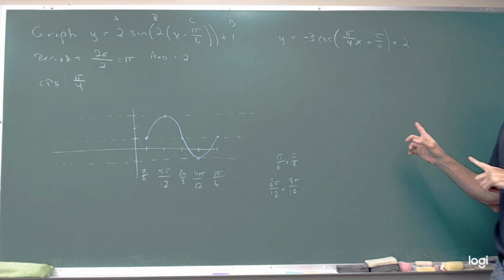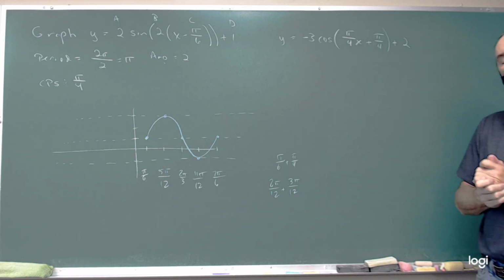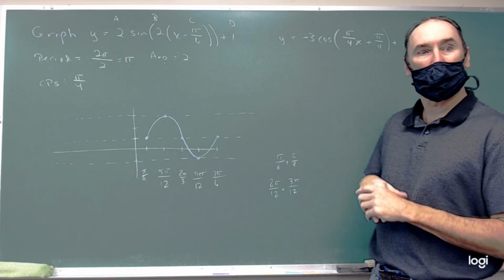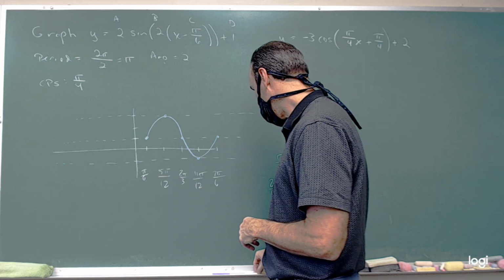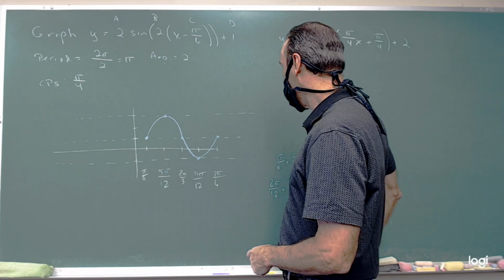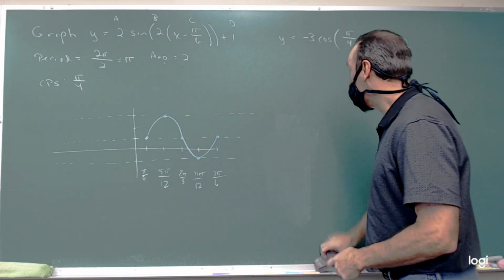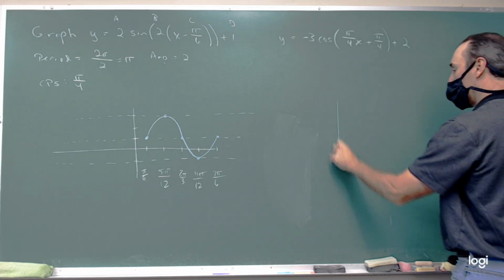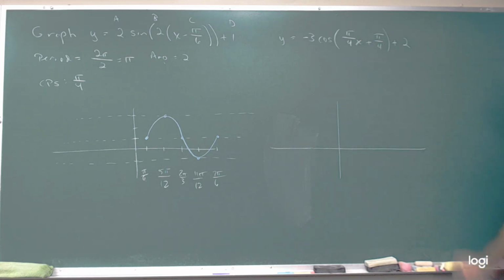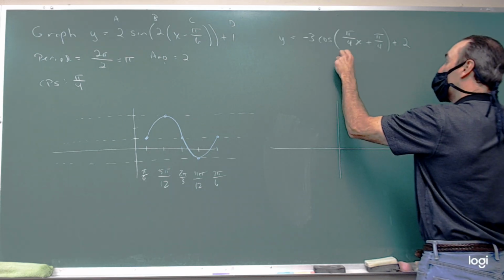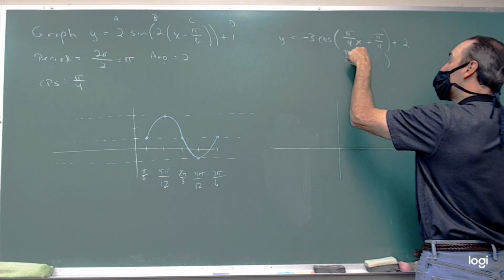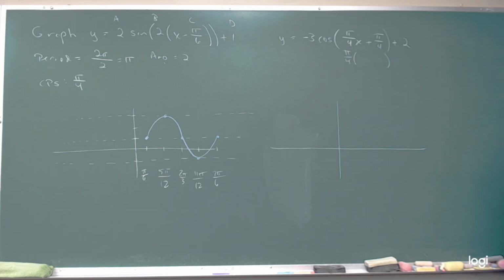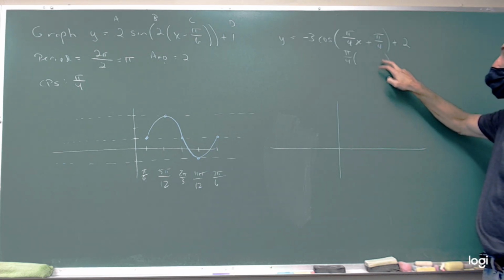Let's try, we'll do this one together, and then we're going to try coming to the board and do some of these graphing ones. I'll give you another round of them. Okay, so I'll leave that up there for a moment. Let's see if we can duplicate what we did there. So here, because it has not been factored, that's the first thing we have to do. So we're going to factor out whatever is in front of the x, because we want its coefficient to be 1. When we do that, this pi over 4 is going to become